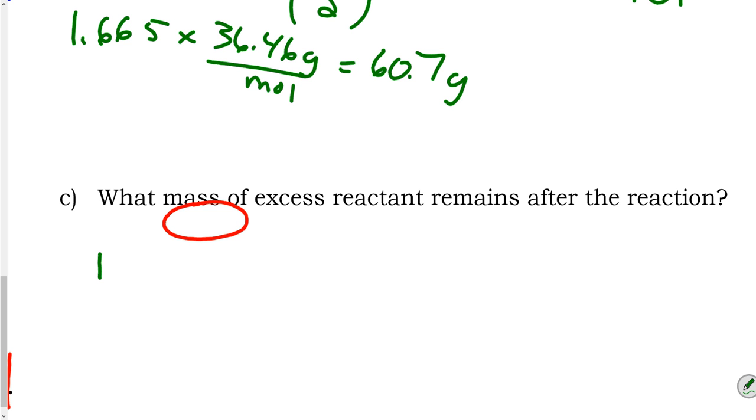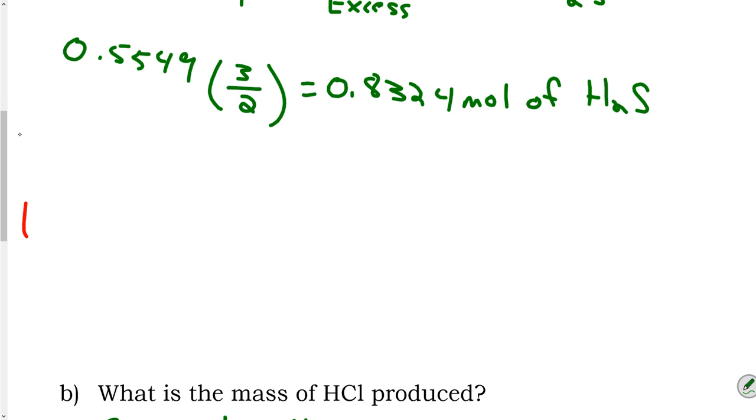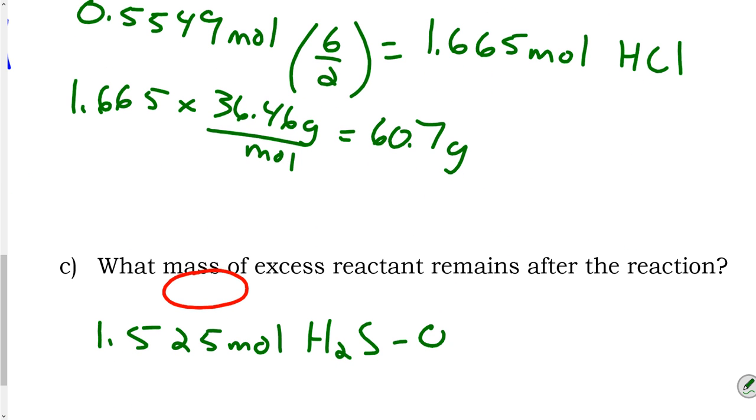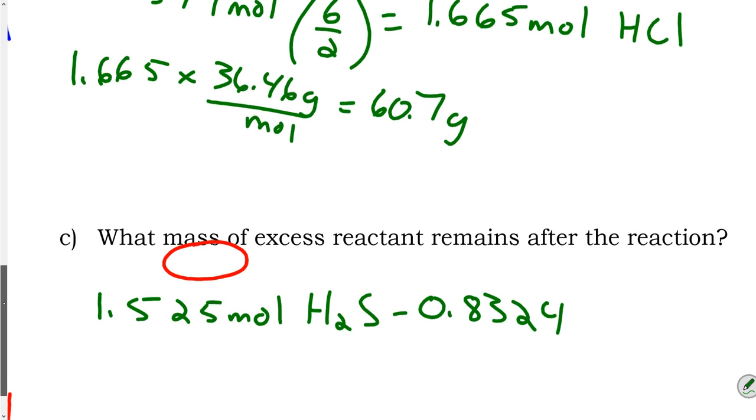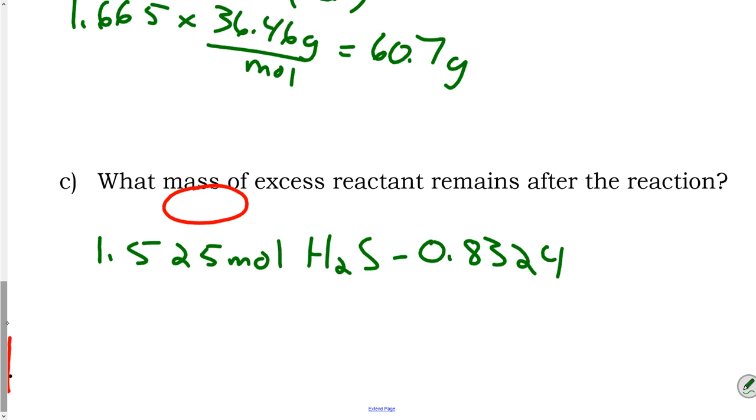So I had 1.525 moles of H2S. I know I used this much of it. So then you have your excess. So I find out how much is left over. Wait, where did you get your 1.66? Oh, you all was 1 point. Okay. Sorry, is everyone okay with this part? Yeah. Okay. 0.6926